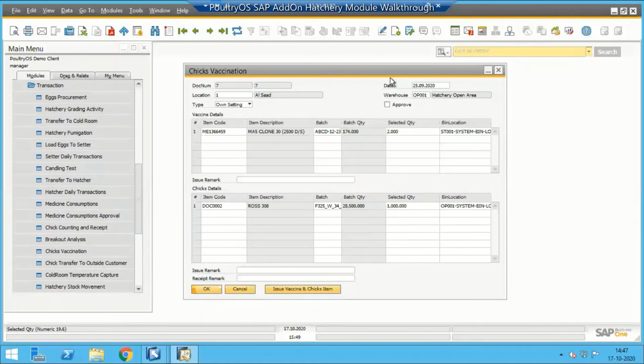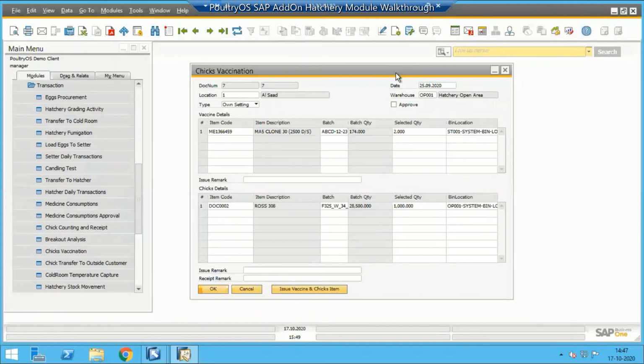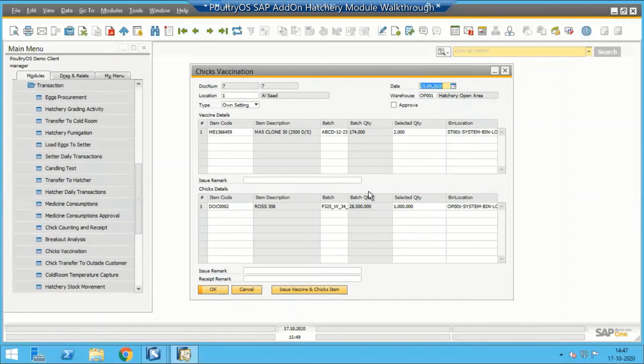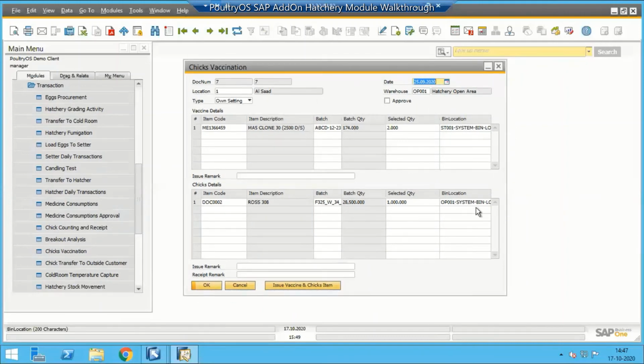Right. So when you do the vaccination, it automatically creates two different batches for chicks as well, one vaccinated and one without vaccination. We are passing a V at the end of that batch, so you can easily understand this is the vaccinated chicks. So in inventory, we will come to know which are the vaccinated birds and which are not vaccinated. Yes, and we also have another facility: if you want, you can keep your vaccinated chicks in a separate area.